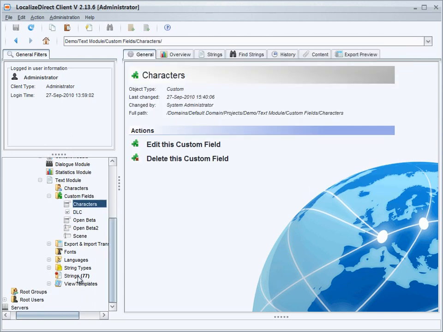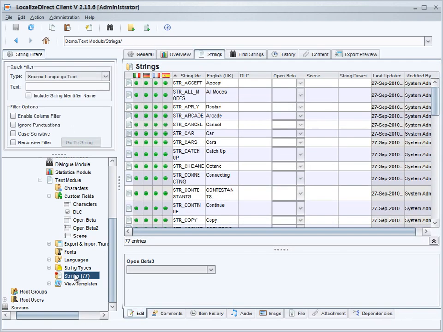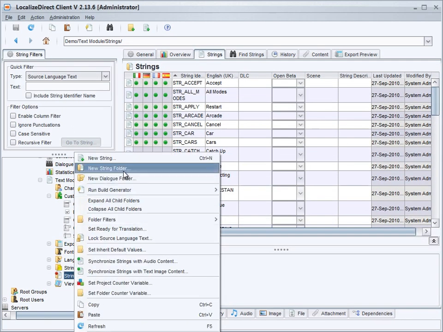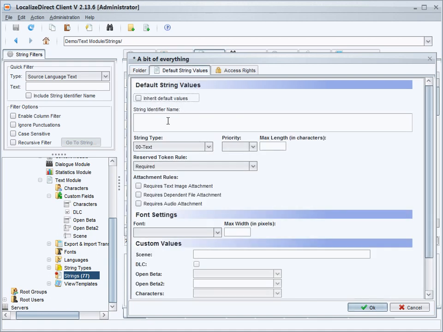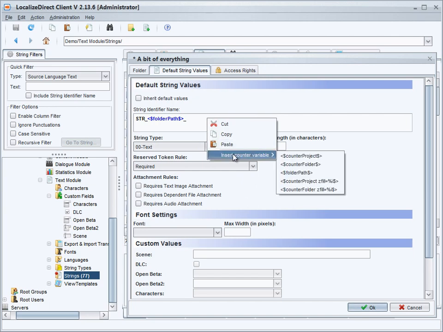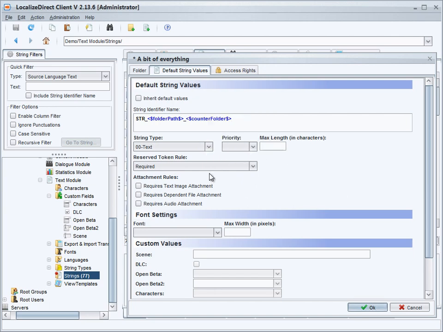So what we can do now is we move down to our strings folder. So we can select strings here, and then we can right click, and I'm going to create a new string folder at this point. I'm going to call it a bit of everything. And then we'll add some default string values. So I'm just going to add str here, underscore, then insert some counter variables, folder path, insert another one, counter folder, and then what we have here is